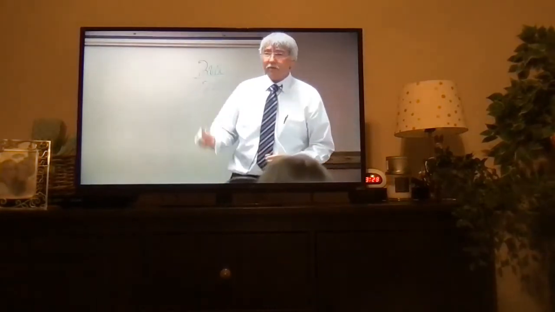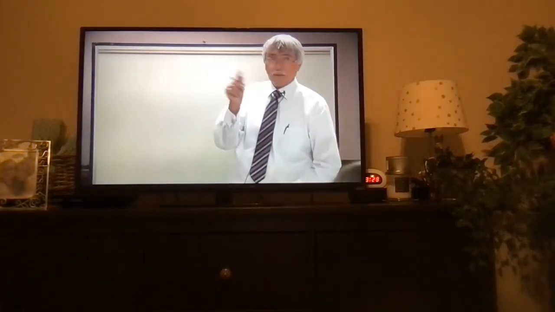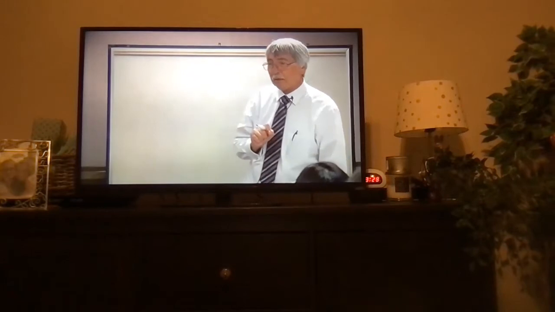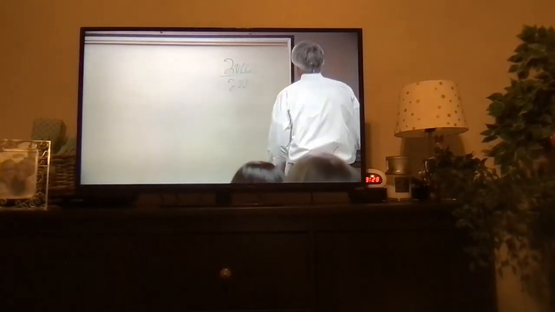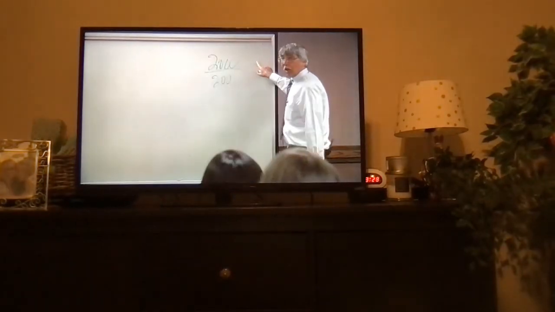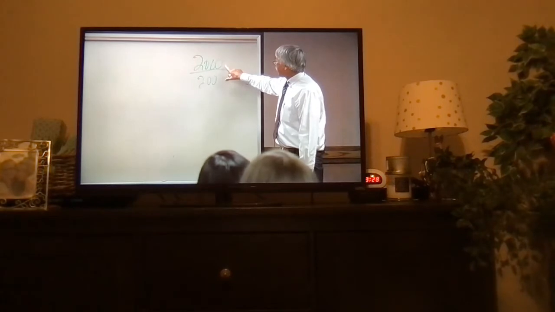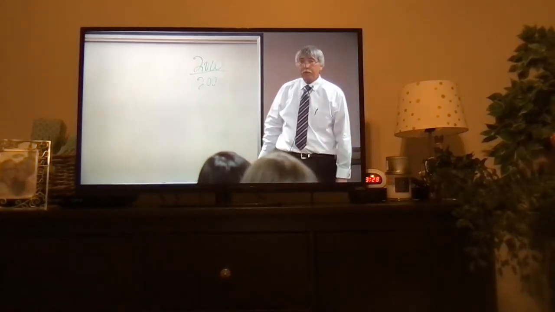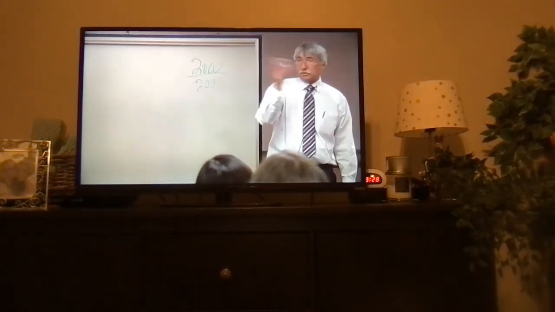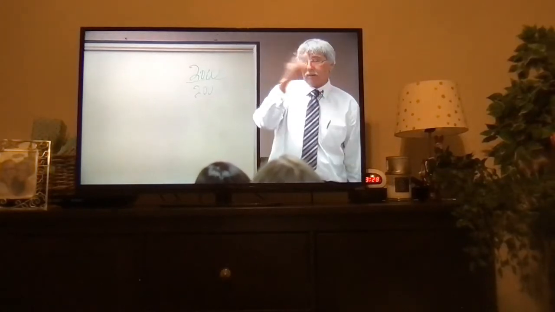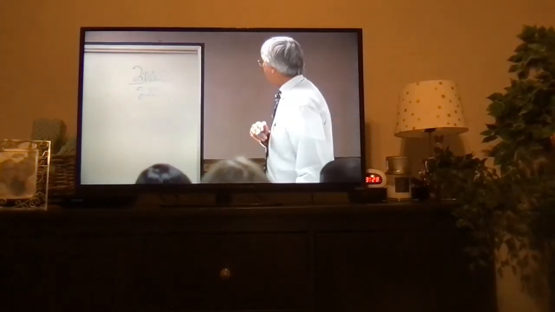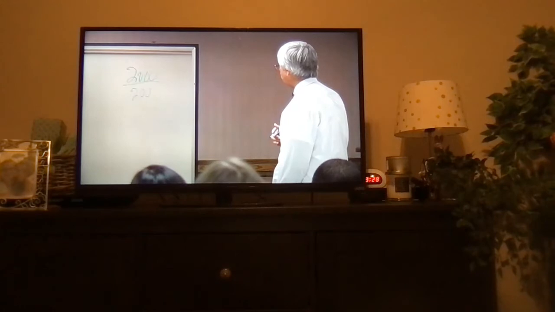Random means what? That everybody in the 2,000 has an equal and likely chance to get into the 200. I can do it multiple ways. I can put all 2,000 names in a hat and draw out the first 200. That's going to be my random sample. I can go to a computer program. I can number all the kids from 1 to 2,000, and then pick the first 200 that come up on my computer program. Lots of ways to do that.